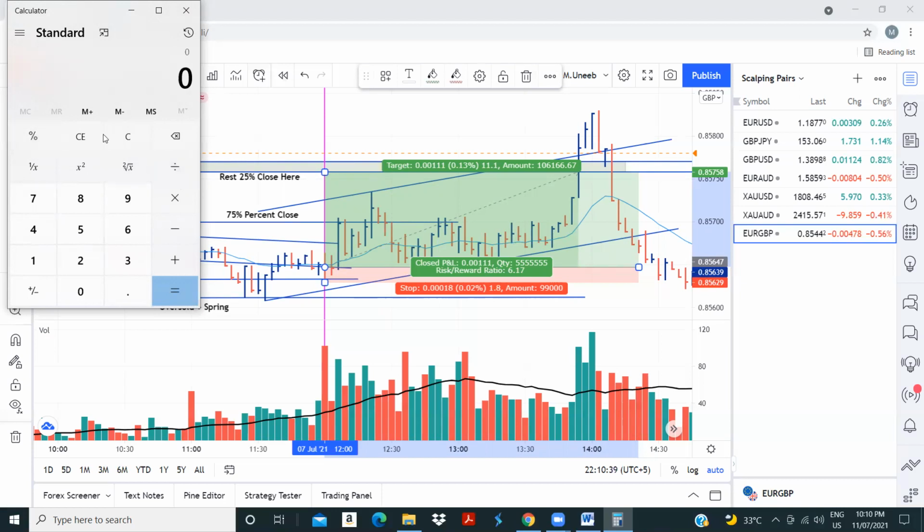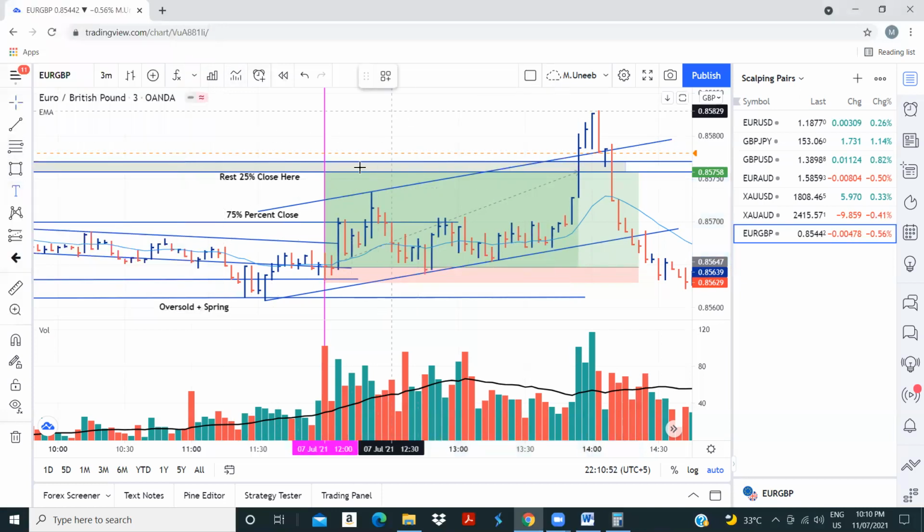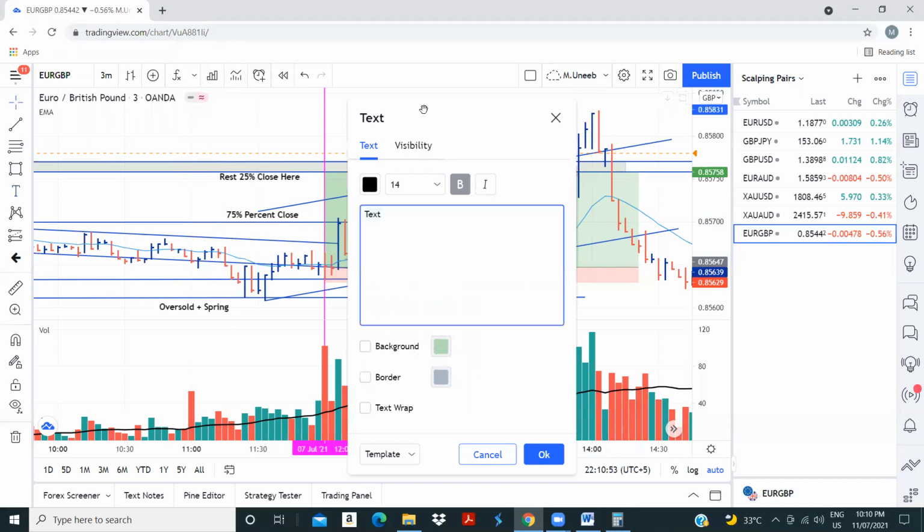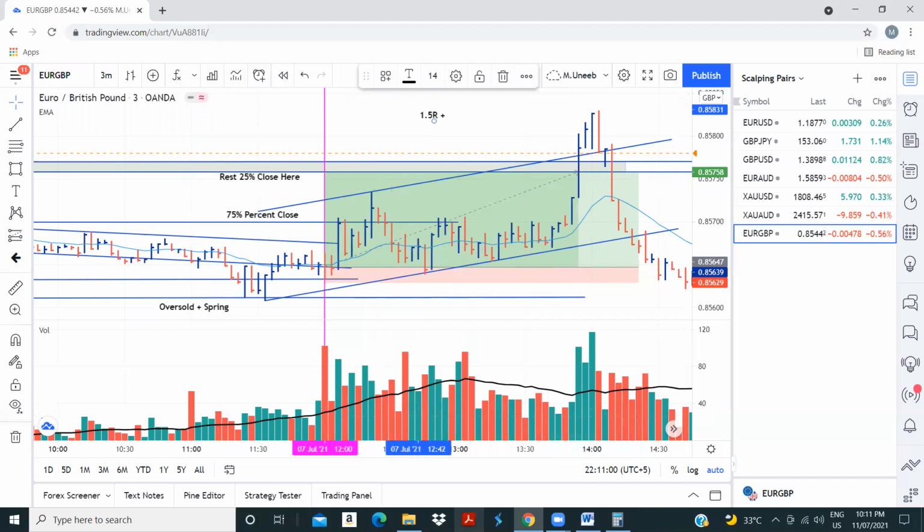I don't know why it's giving 0. 25 divided by 100, multiplied by 6, it's 1.5. So you make 1.5 R here, plus already made 2.8, and then we have